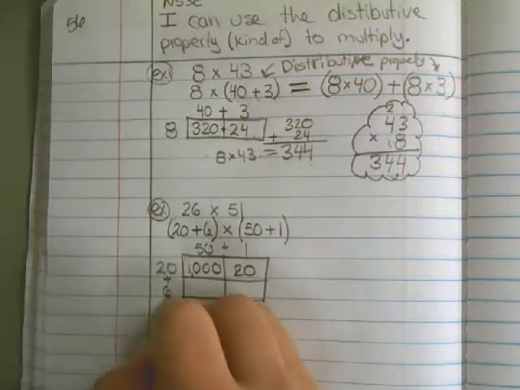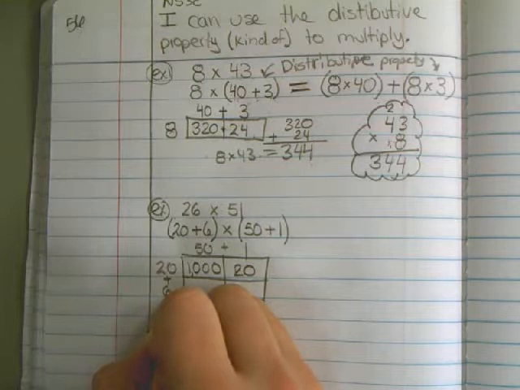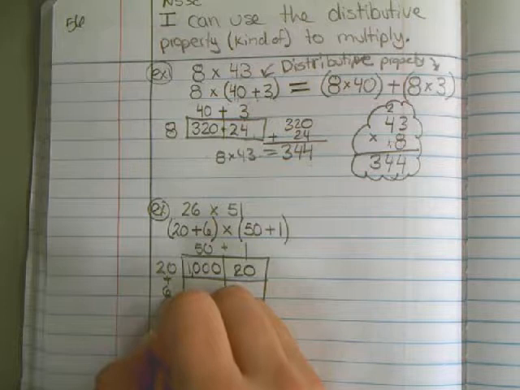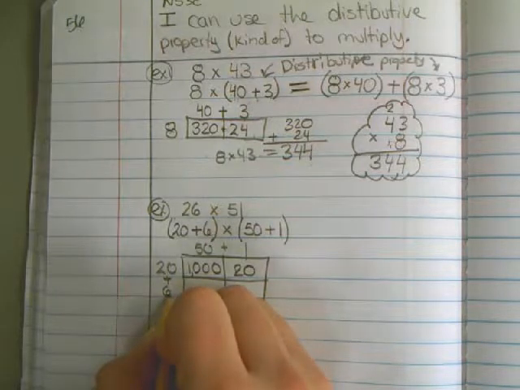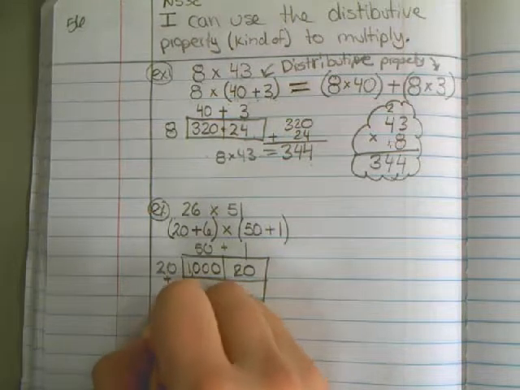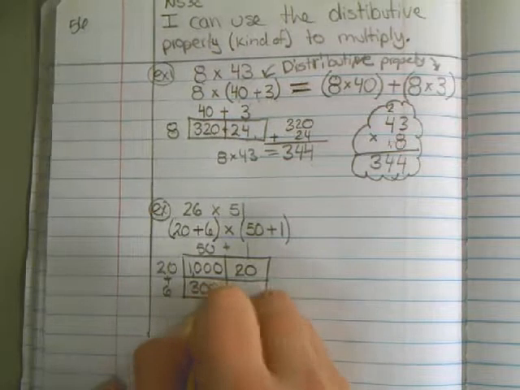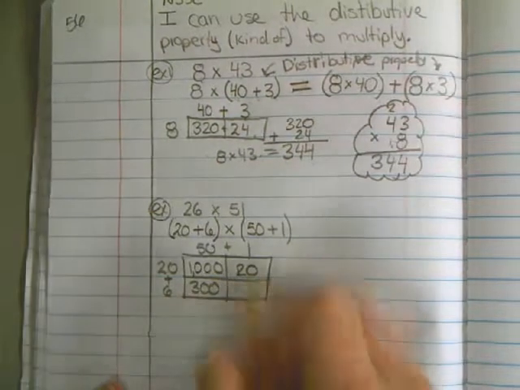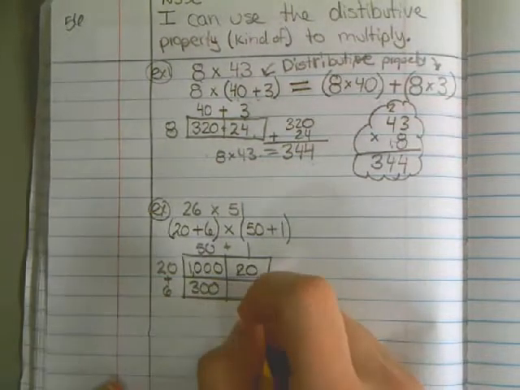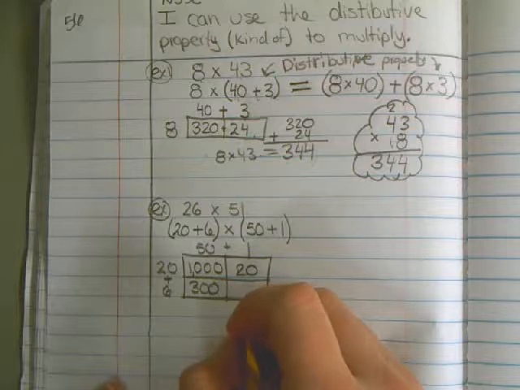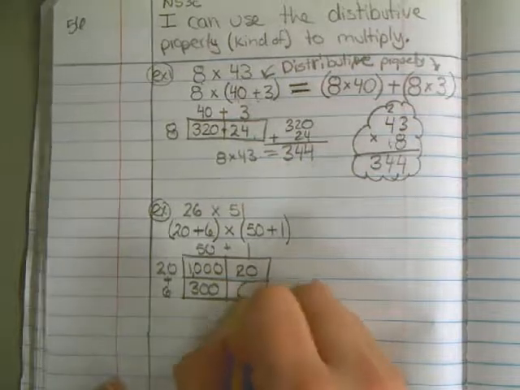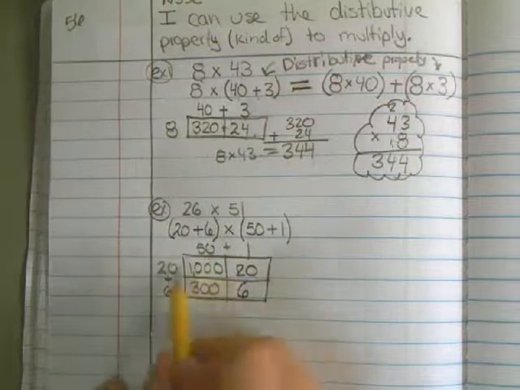50 times 6. 6 groups of 50. Jordan? 3,000. A little high. 6 groups of 50. Brody, help him out. 300. Yes, 300. 6 times 1. 6, yes, thank you. Okay, so we multiplied each place value by the other place values, and now that we have the multiplication done,